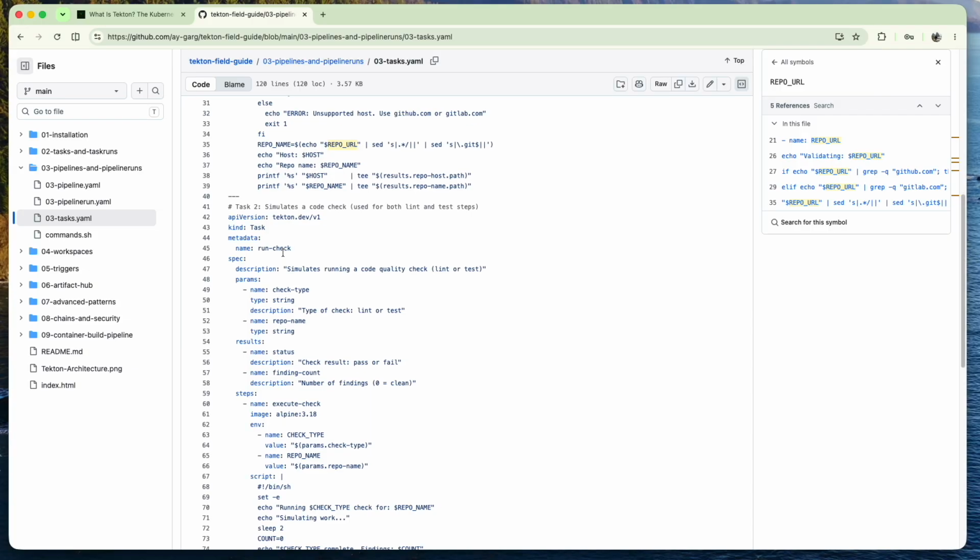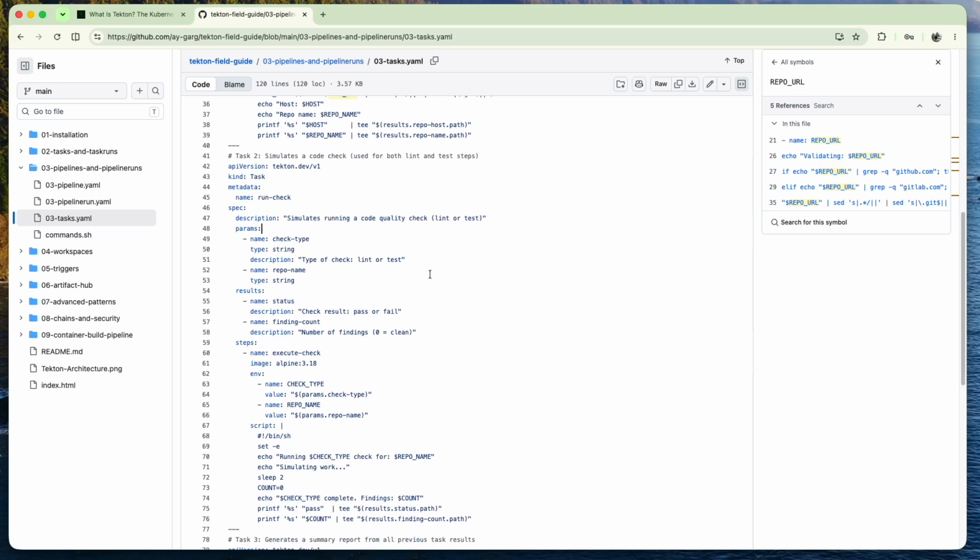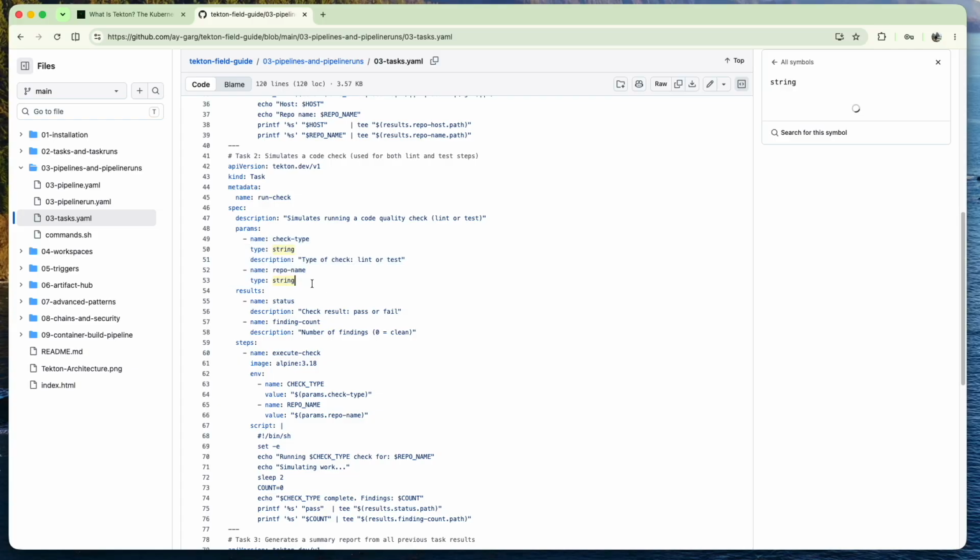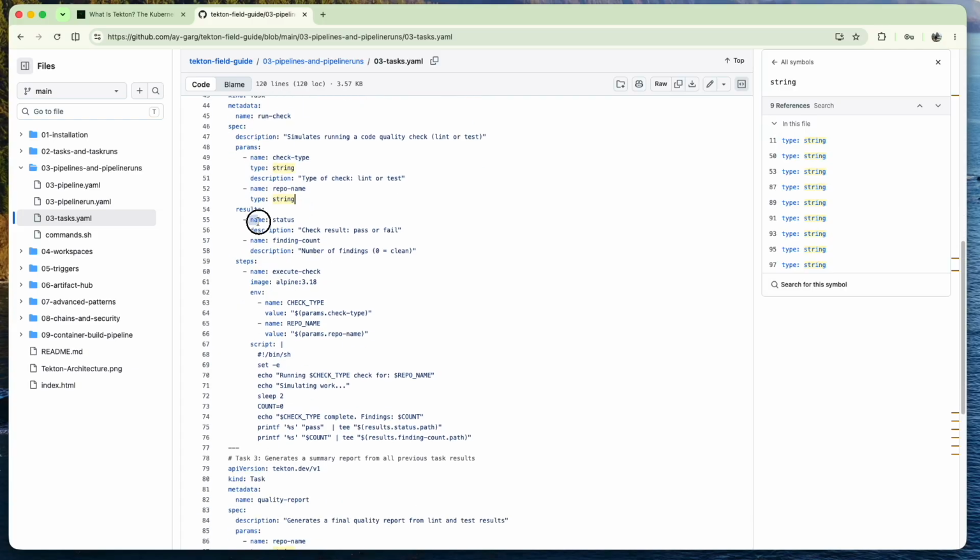Then comes another task, which is run check. It is just simulating a code quality check, not exactly doing an actual quality check, but just a simulation for understanding and testing pipelines and pipeline runs along with tasks. In this task, we have two parameters: the check type and the repository name. In the results, we give back the status of the task, the lint status, and because the check type will be lint, that tells whether the code is properly formatted or not,